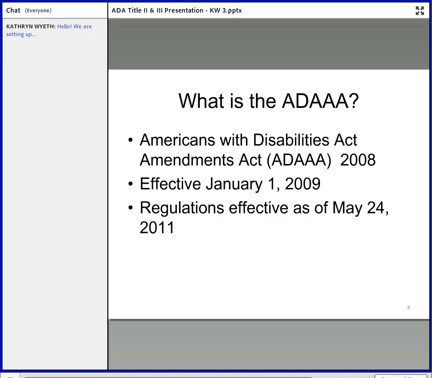All right. So what is ADAAA, the Americans with Disabilities Amendments Act? That was in 2008. It became effective in 2009, and then the regulations became effective in 2011. One thing to note when we're working with understanding the ADA is that you have the law, and it has certain mandates that you must follow, but then there are different agencies that are tasked with the regulations, right? So you go to EEOC, Equal Employment Opportunity Commission, to look at their regulations as they apply to employment provisions. You go to Department of Justice to look at what they say about Title II and Title III of the ADA, right? And then you might go to the Department of Transportation as it relates to the transportation provisions